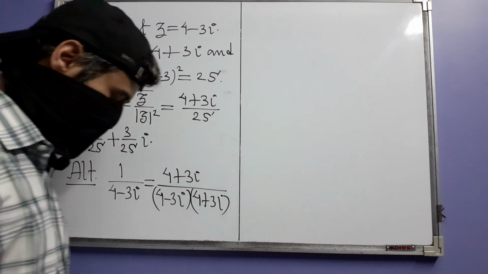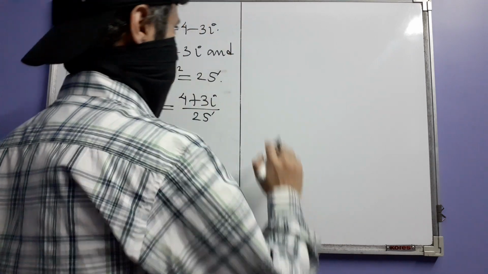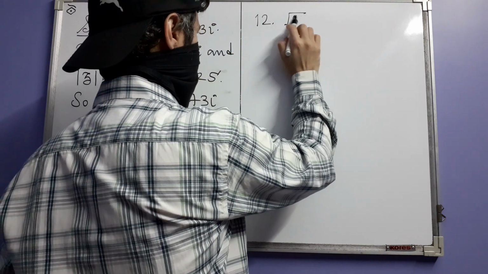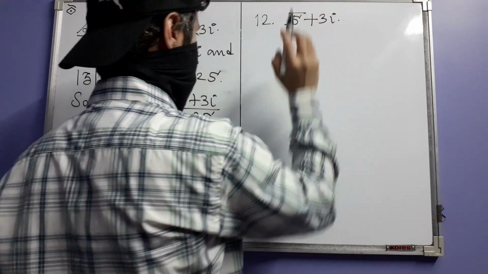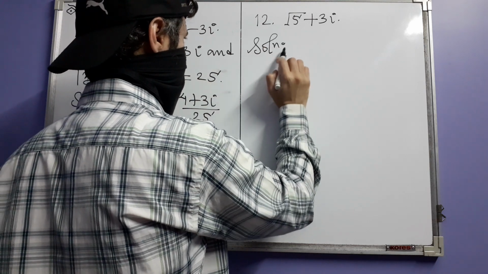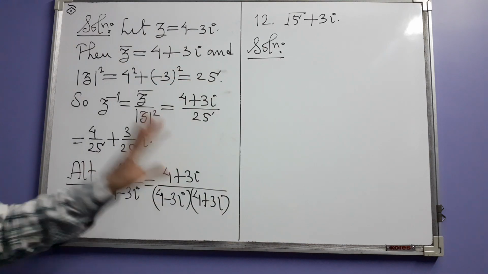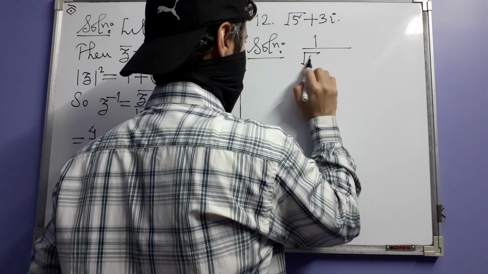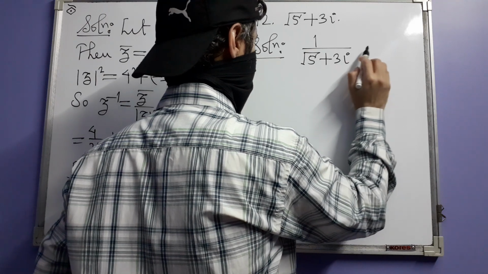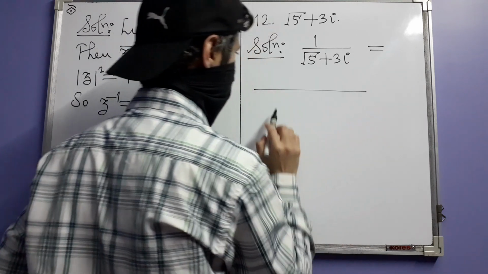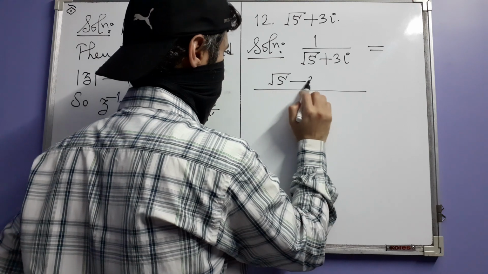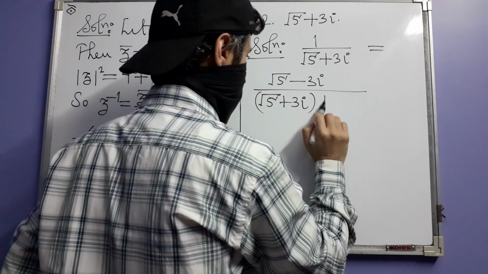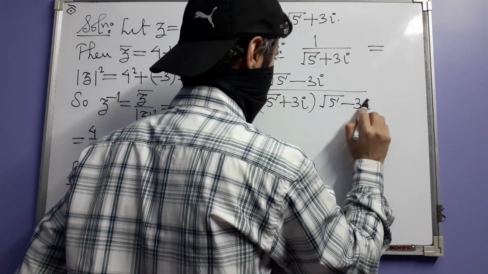Next, 12. Here the number is square root of 5 plus 3i. Let me do it this way. Okay. So the multiplicative inverse will be equal to the conjugate, root 5 minus 3i, over